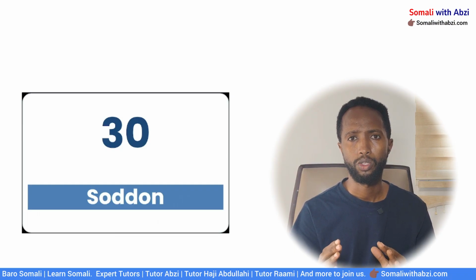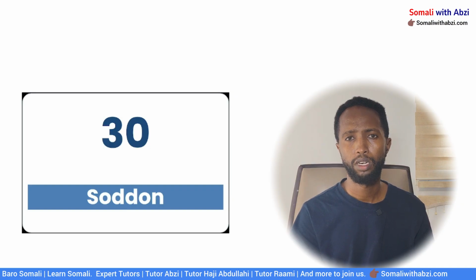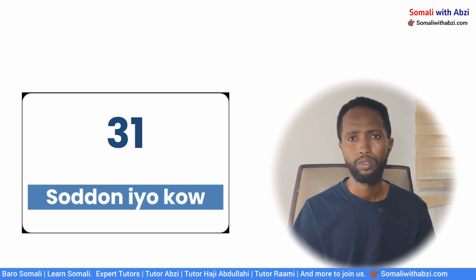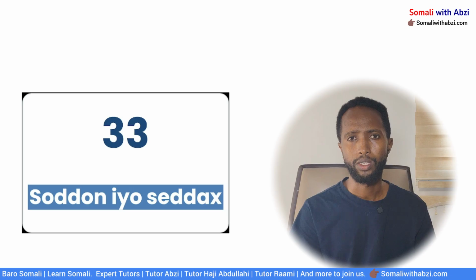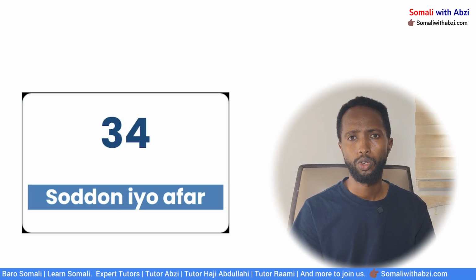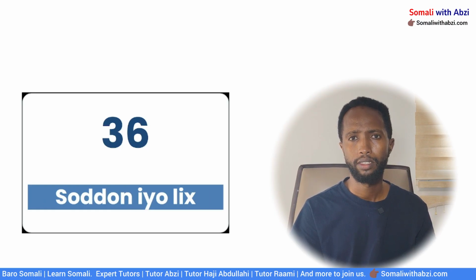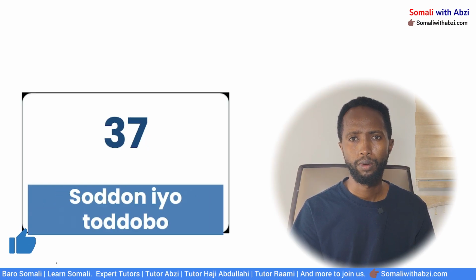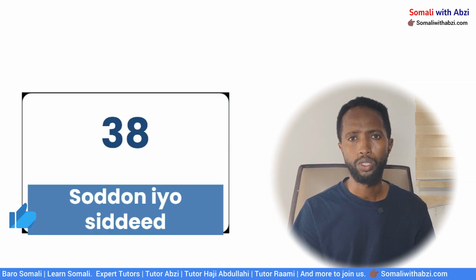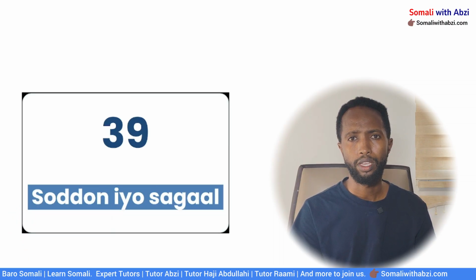So after soddon is 30. So each number after soddon, we will add soddon iyo kow, soddon iyo labo, soddon iyo saddex, soddon iyo afar, soddon iyo shan, soddon iyo lix, soddon iyo toddobo, soddon iyo sideed, soddon iyo sagaal,